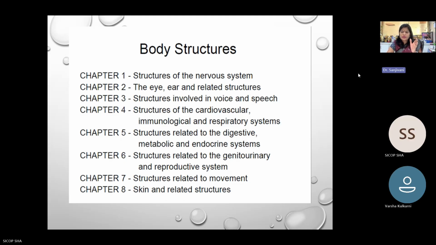Okay, body structure and function, we will see one by one. So in body structure, what is there? There are 8 chapters in that book. First is the structure of the nervous system, then these are the 8 chapters. According to that we will code. And in every chapter there are some codes. Next is